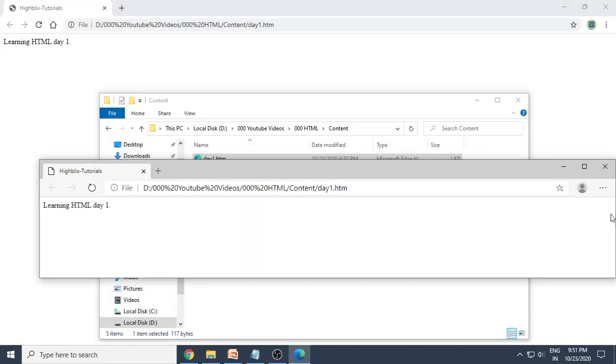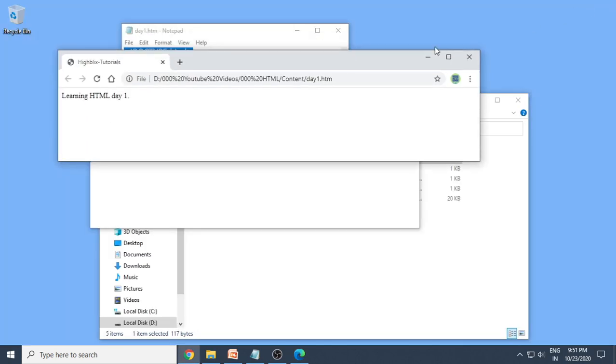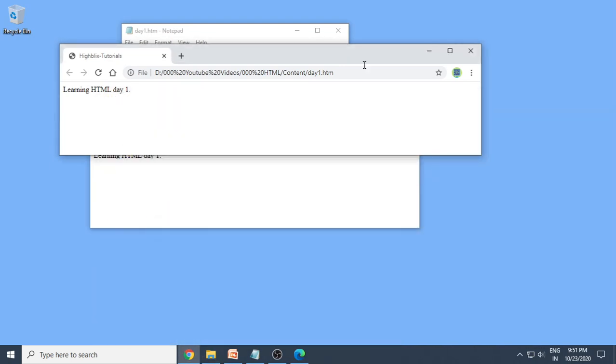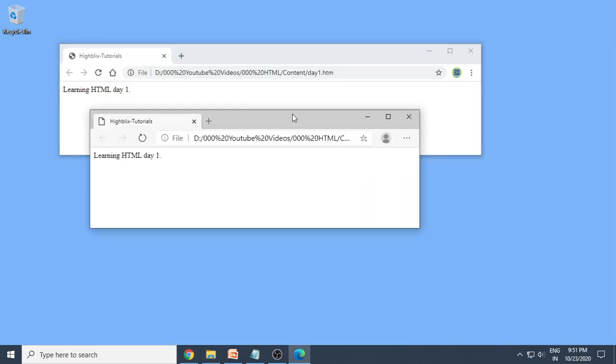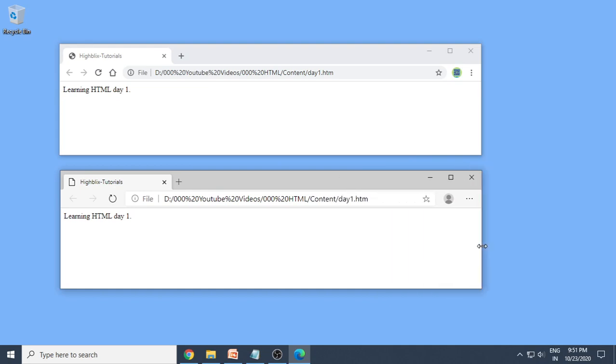If you wish to open in Edge, again go to open with Edge. So this is open in Edge. Now this one is Edge, and this one is Chrome. So there are two browsers here. So both are there. Fine. So any one will do the job. If Chrome is there, it's okay. If you can use Chrome. In case you don't have it, you need to install that one.